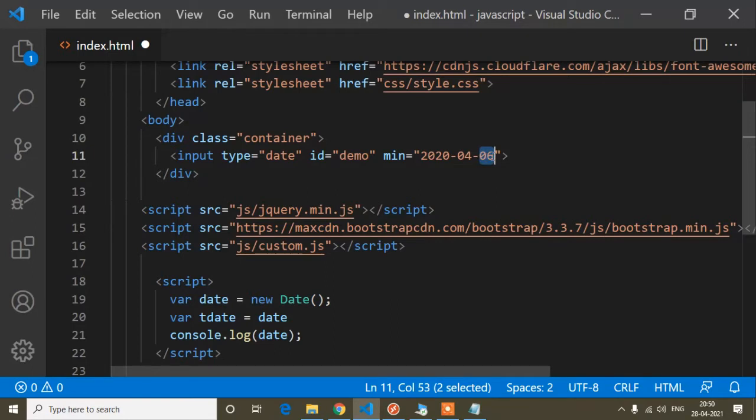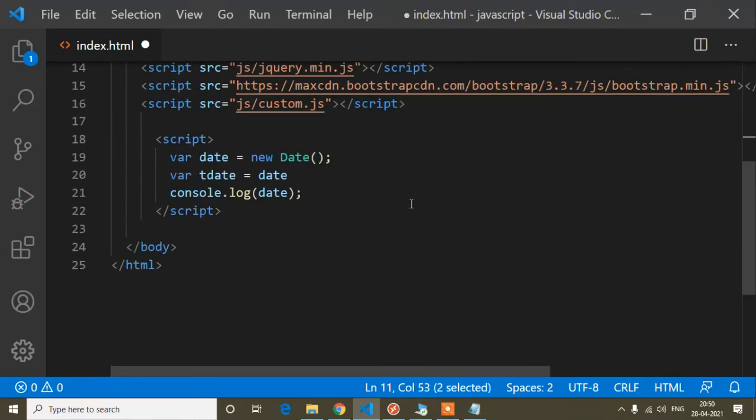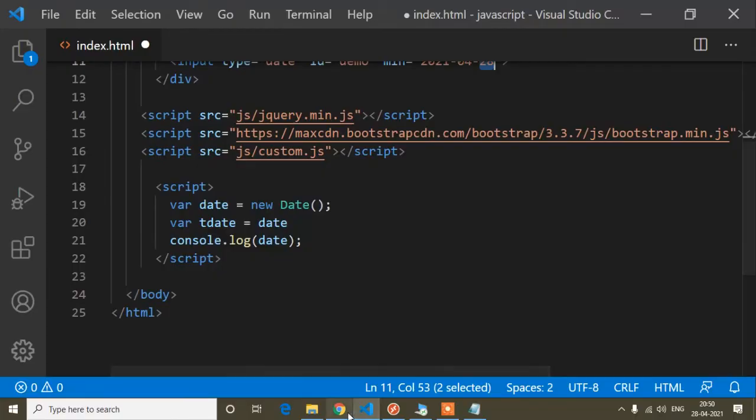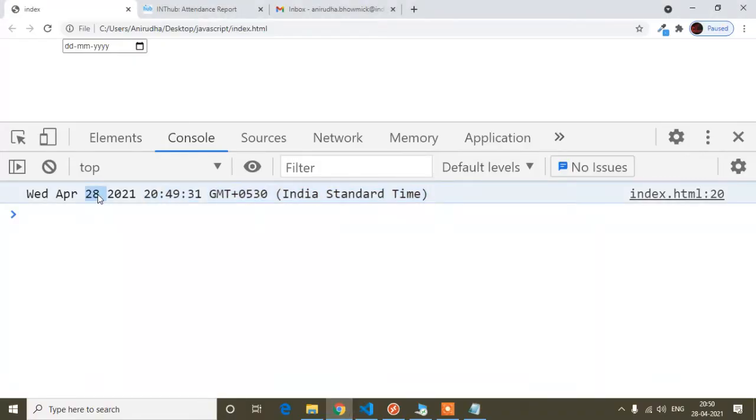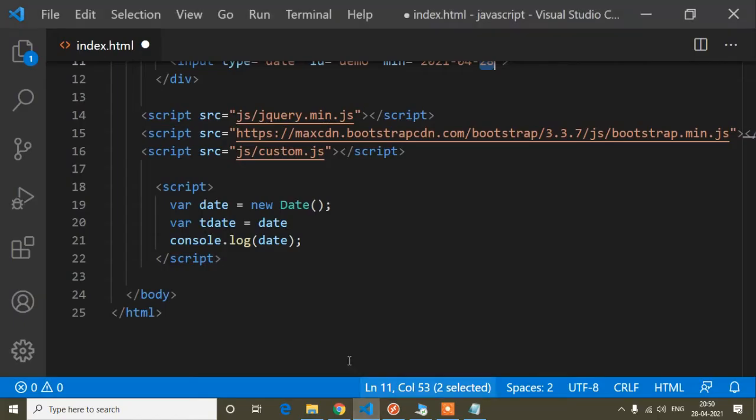Today's date is 28, and this year is 2021, so I need 28. So how can we do that? From here I need this one, so I have to slice, I mean cut this one from today's date. So here is the method.